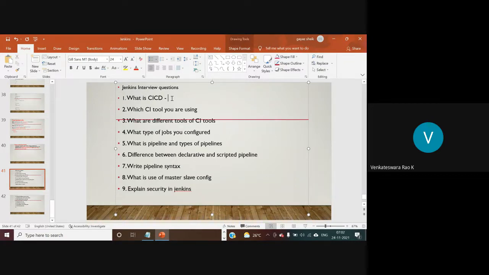This total process is known as continuous integration and continuous deployment. Okay, any doubts here? This is one of the important interview questions you are going to get in your interview.